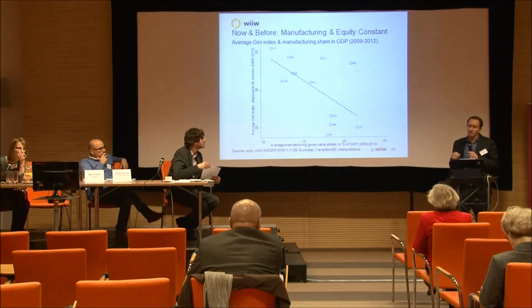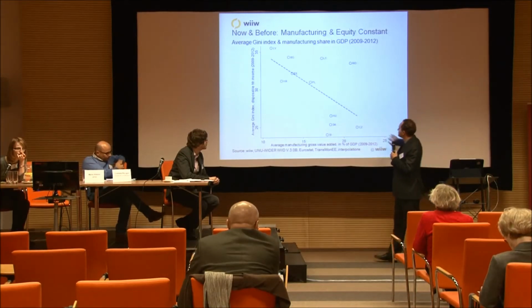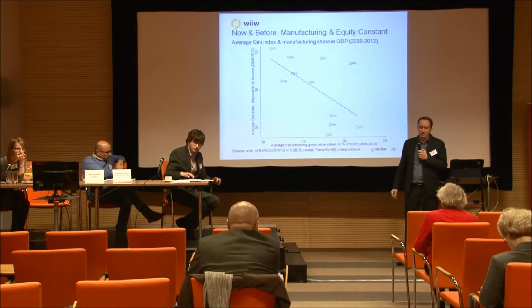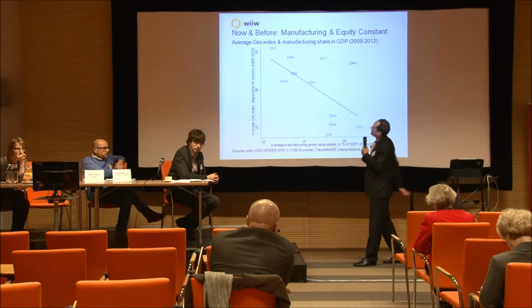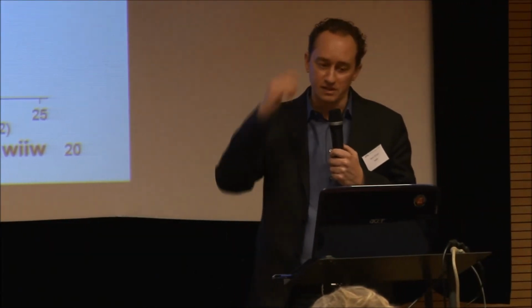Now, all these relationships I showed you before are more or less changing depending on which period one looks at. There is one figure that never changes, I would argue, and this is the relationship now and before between income inequality, or actually equity and manufacturing. Here on the horizontal we have now the average manufacturing gross value added in percent of GDP, this last period, 2009-2012. And we basically see there is a group of countries with rather high shares of manufacturing, with low income inequality, and a group of countries up there around Baltics, Croatia, Bulgaria, with high income inequality and very low shares of manufacturing. I think there are a number of issues why there might be some structural relationship between these